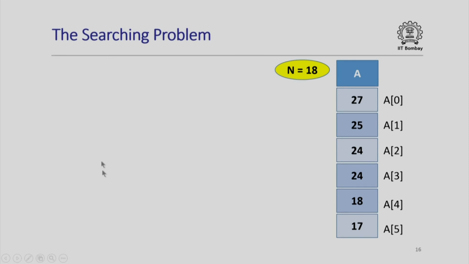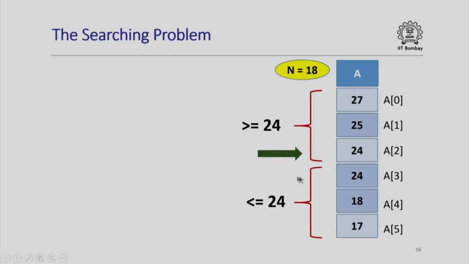Instead of searching in the original array, I am now searching in the sorted array. So the index that I expect to be returned is the position in the sorted array of this number if it is present in the array. So what I am going to do first is look at the mid position in the array. And why am I looking at the mid position? Because once I know what the value of this mid position is, since this is sorted in decreasing order, I know this part of the array must contain elements greater than or equal to 24, and this other part of the array must contain elements less than or equal to 24.